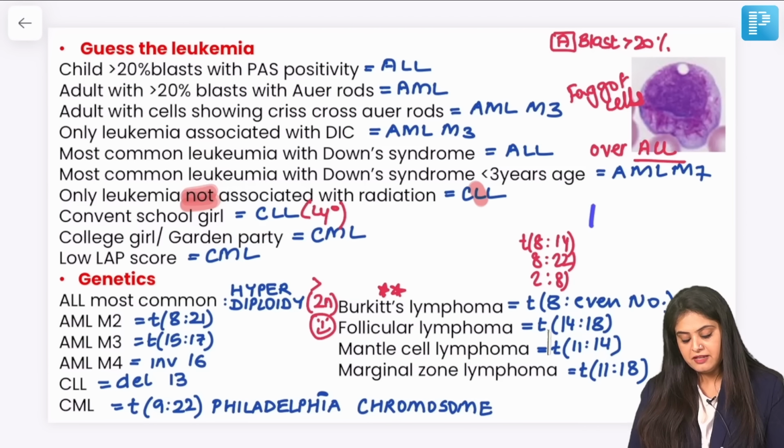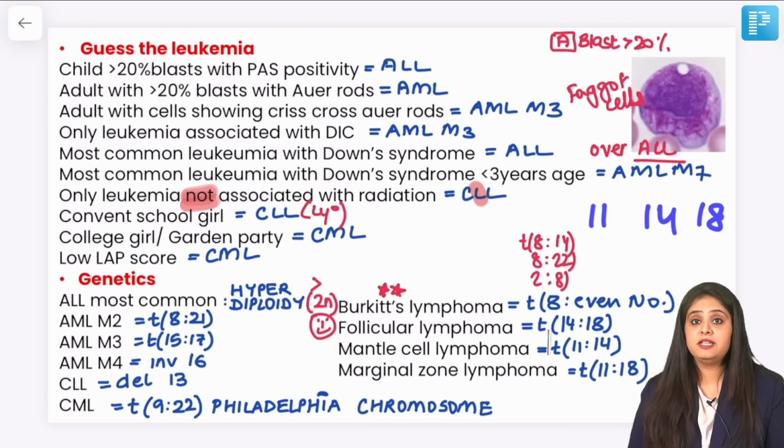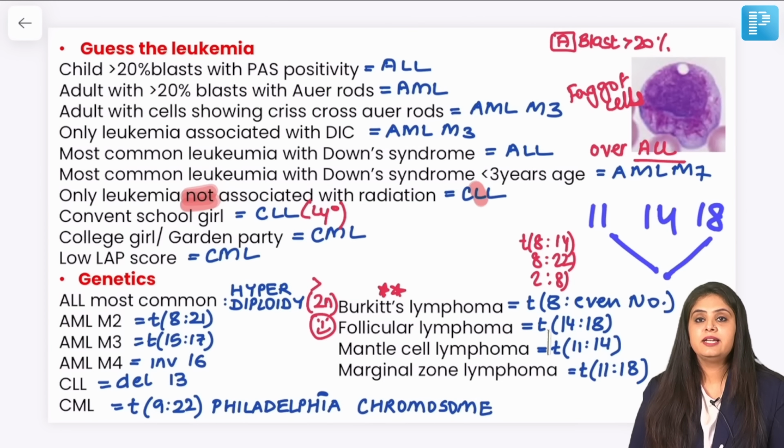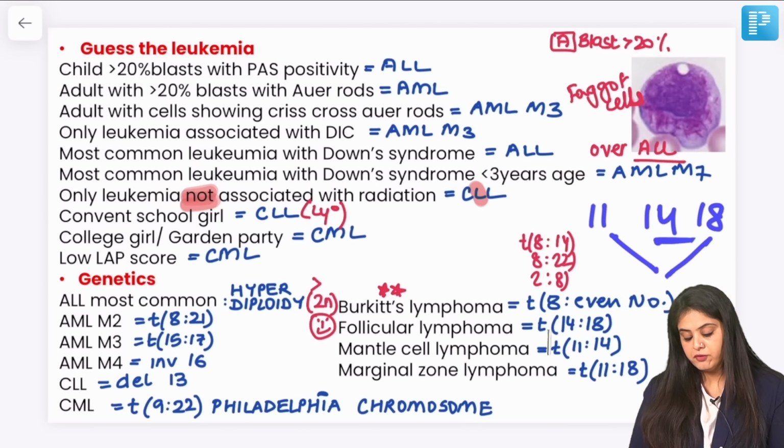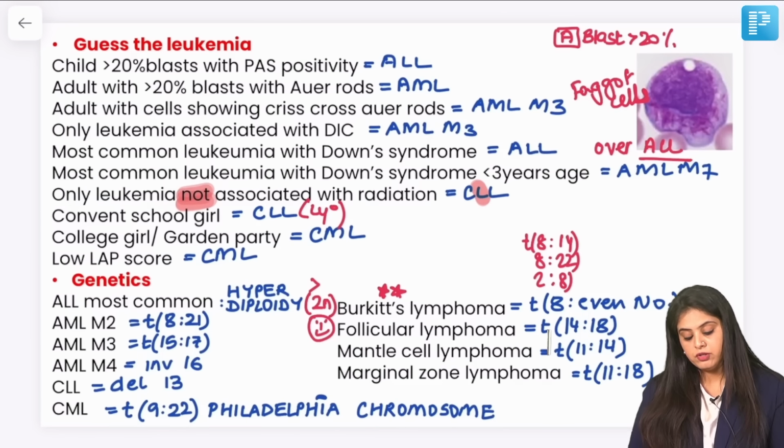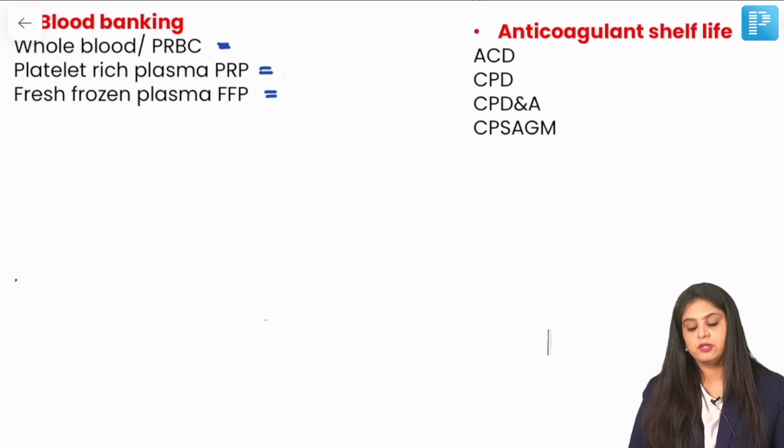So repeating, if I take 11, 14 and 18 as 3 age groups, 11 and 18 of child and adult margins are marginal zone, 14, 18 are best friends, that is follicular lymphoma, and 11 and 14 now becomes mantle cell lymphoma. Moving on to the next, which is of course the last slide for pathology, taking care of the